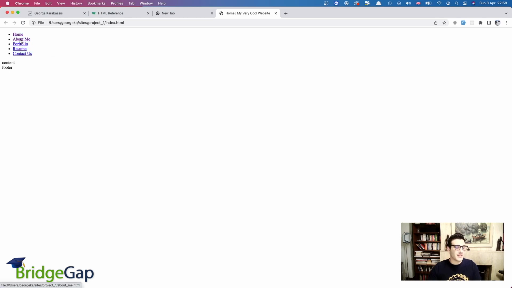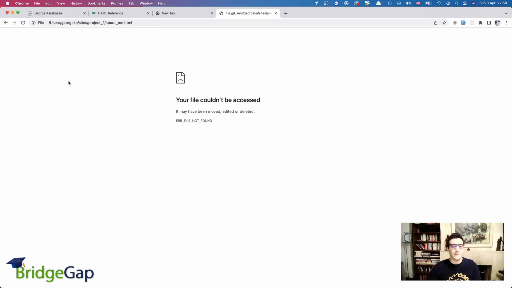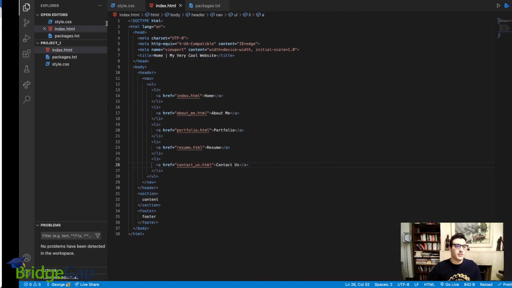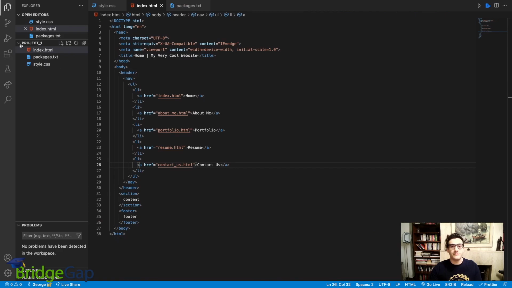As you can see, if I press, let's say, on home, it's going to open the index.html. But if I press on about me, it's not going to open anything because the file is not there. So there's no file called about_me.html under the project1 folder, which is this one. So what we have to do is to create a new file, and we're going to name it as